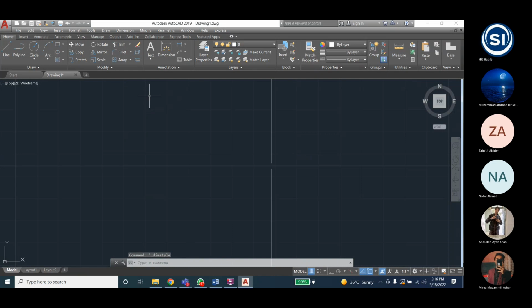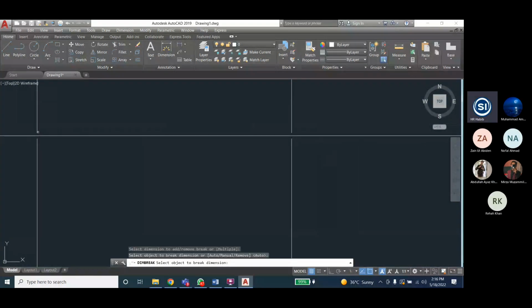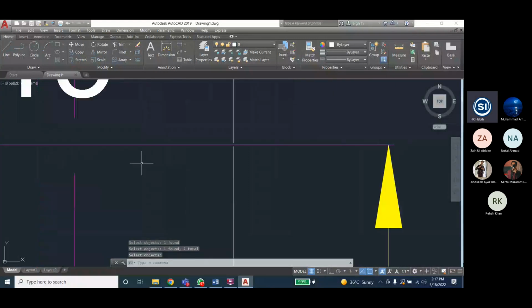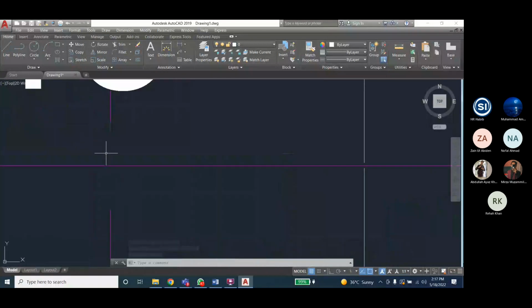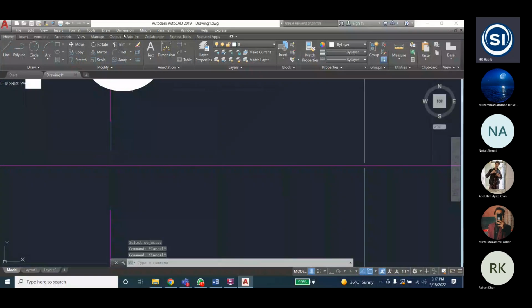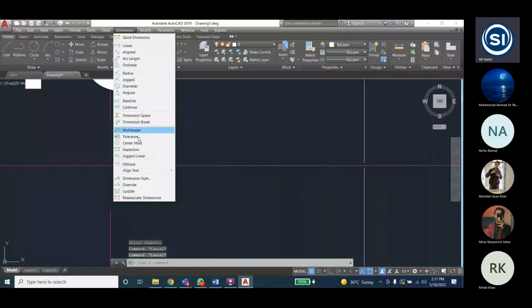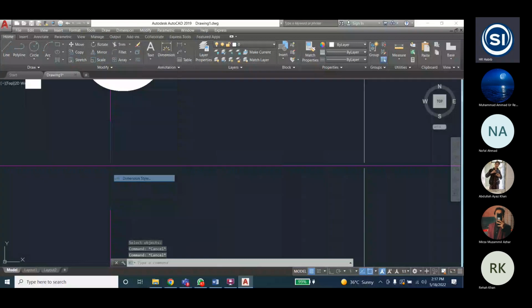and now this one and this one. Any difference you can see? There is no difference. Update. When you apply update, the dimension size, you can see the break size is bigger like this. Okay, next one is again go to dimension style, modify, I will put it 0.5, and then